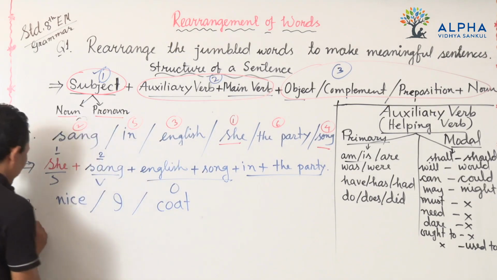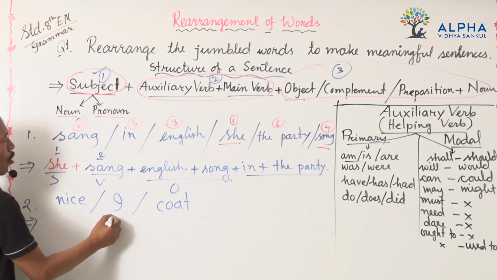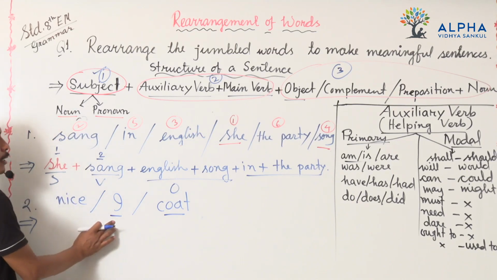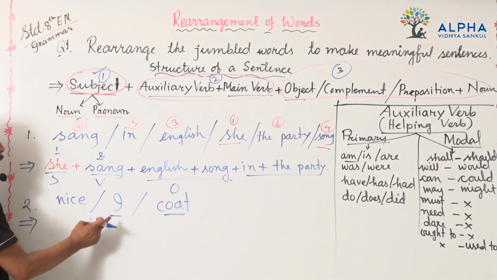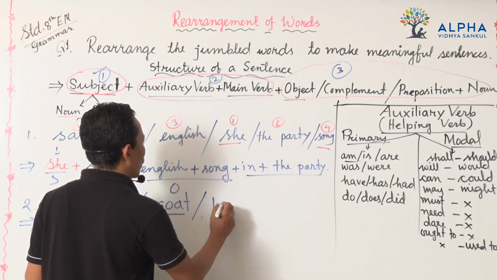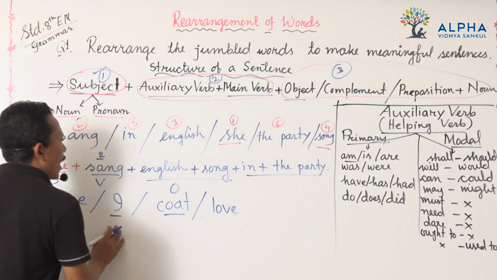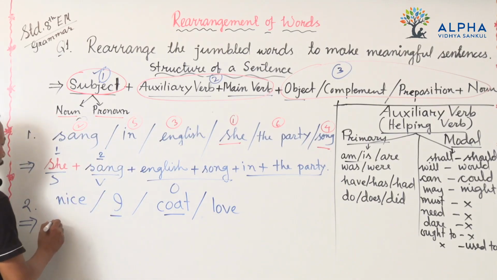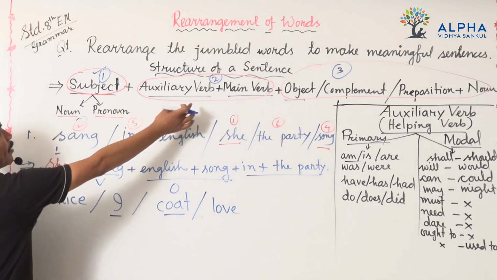Students, here only three words. The first aim is the subject. What will be the subject? The subject will be a noun or pronoun. Pronoun is here, noun is here. In between these, which one will be the subject? If you try I, then I is the subject. I love. After the subject, what will be the verb?